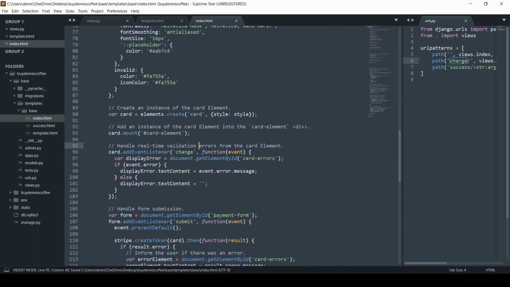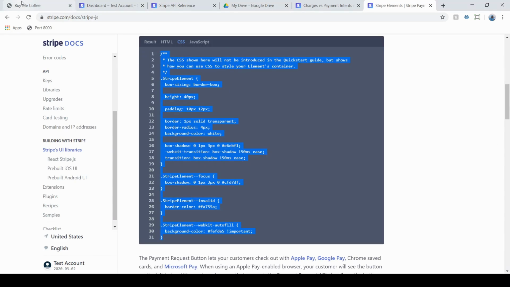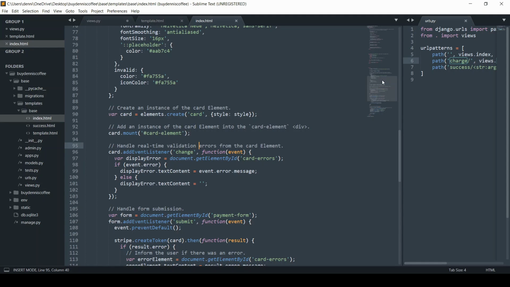So once that's in and we've pasted that all into our template, if we refresh, we should now have this form field. So here we go. And this is a dummy card that Stripe actually provides. So I'm going to throw in some data and just do 1223, 123, and then whichever zip code we want to use. And then once we submit this data, what's going to happen here is Stripe is actually going to send this token right here